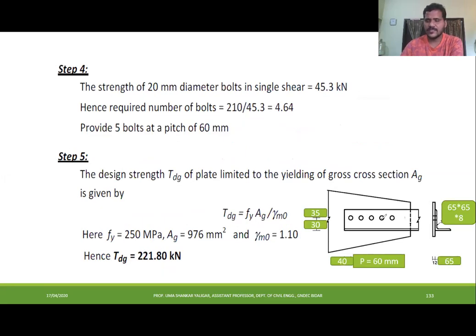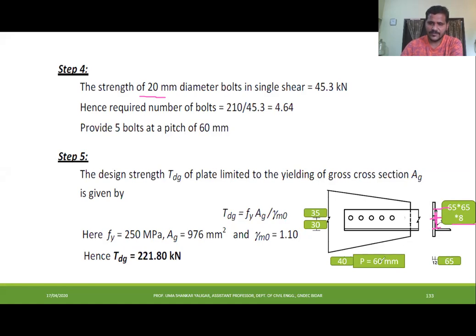Then if you want to calculate this Anc and the Ag0, we will see the previous diagram. Here, if you see the diagram, we need to calculate the net area. First we need to calculate the net area of the connected leg. This is the connected leg. The net area of this connected leg is equal to, from here up to the center, it is 65. 65 minus 8 by 2, you will get the length up to the center, and minus this bolt hole. That bolt hole is how much? You have taken a 20 mm diameter bolt, so the bolt hole will be 22. If you subtract bolt hole diameter, you will get this total length, and multiplied by thickness, that is the net area of the connected leg.